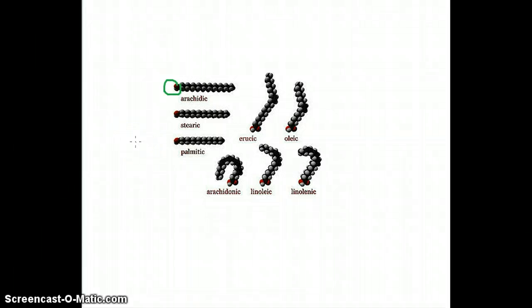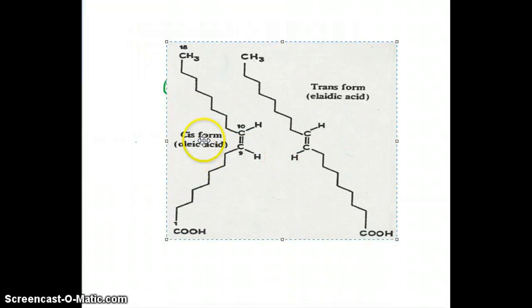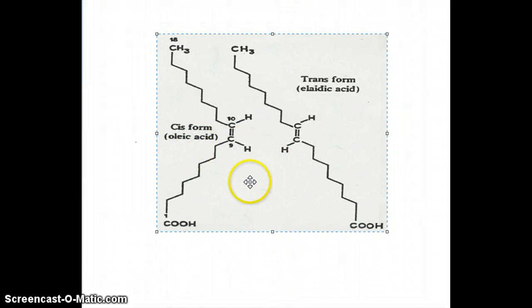Now, the reason we've heard so many bad things about trans fats on the news and elsewhere is because they do not display the same biological characteristics as double bonds in the cis configuration. So let's look at oleic and elaidic acid. If you look at the double bond in the oleic acid that's in the cis formation,